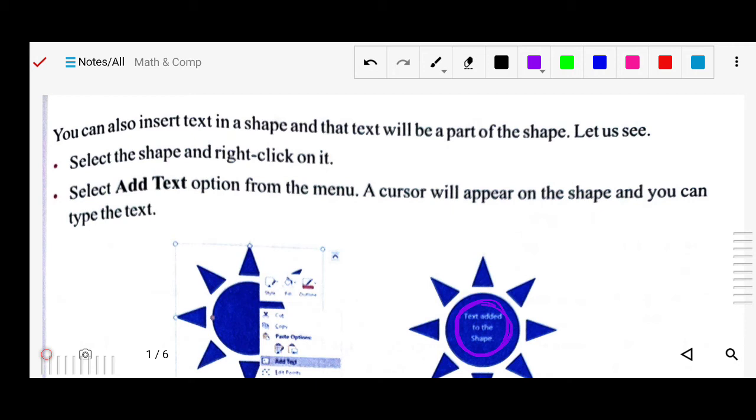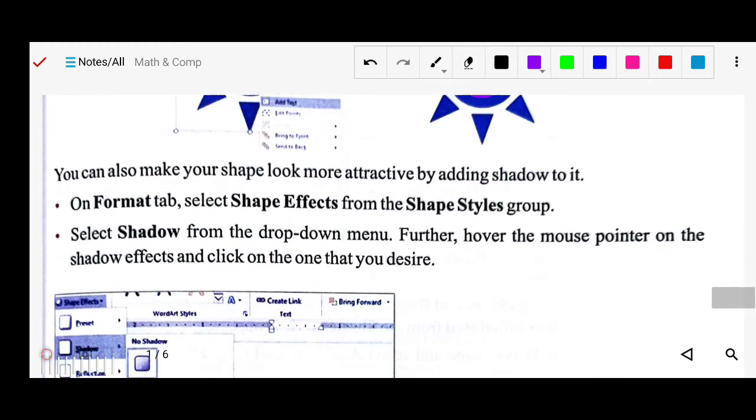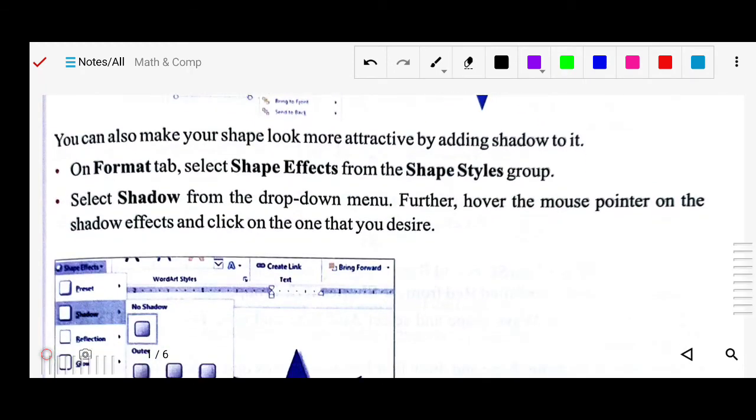In the Format tab you will get one option, Shape Effects, under the Shape Style. In this you will see some shadow type of styles. Select the shadow from the drop down menu.